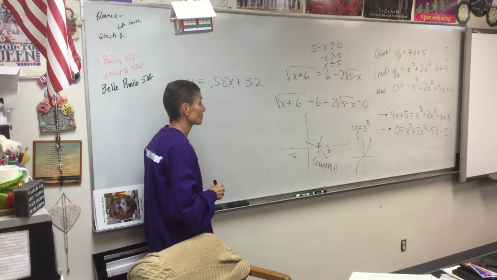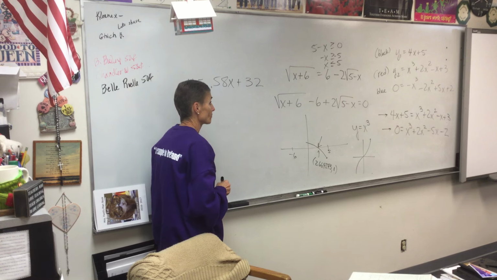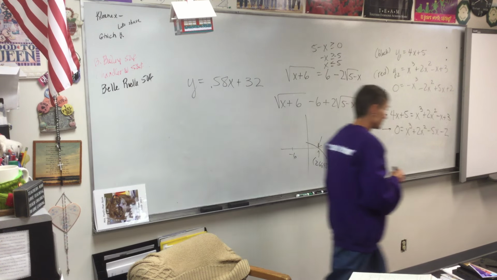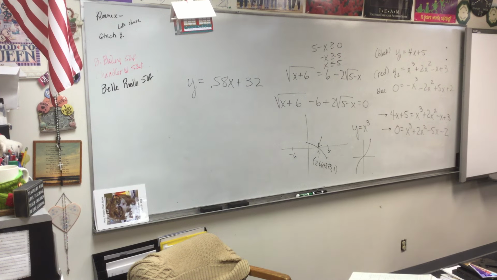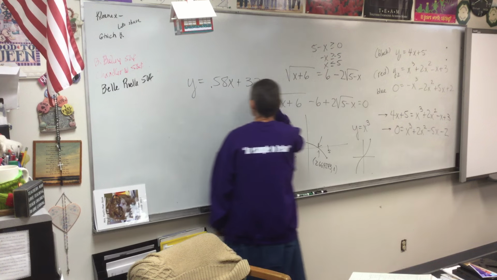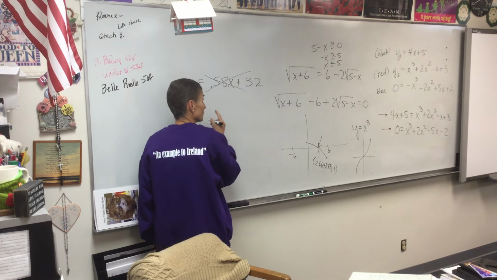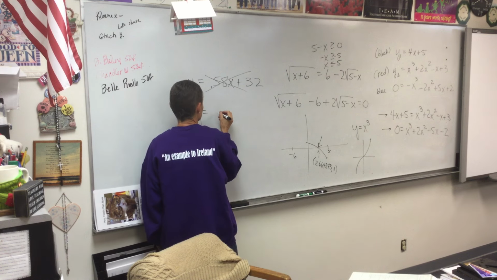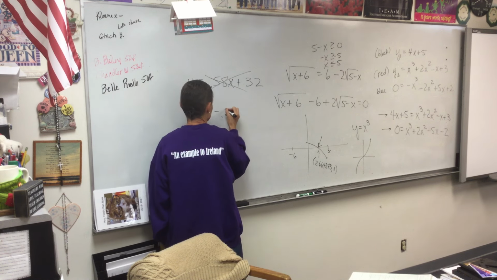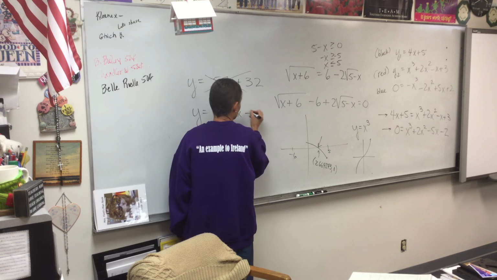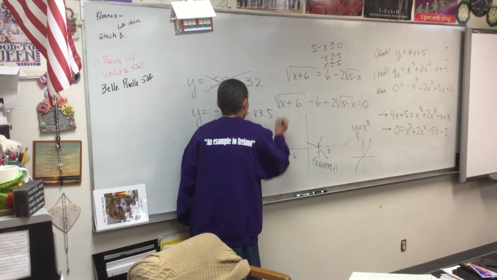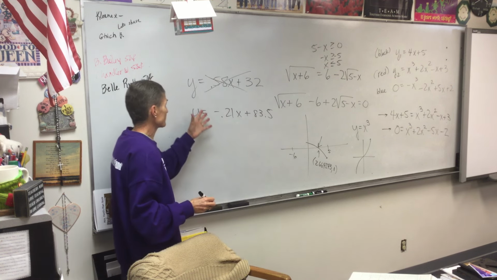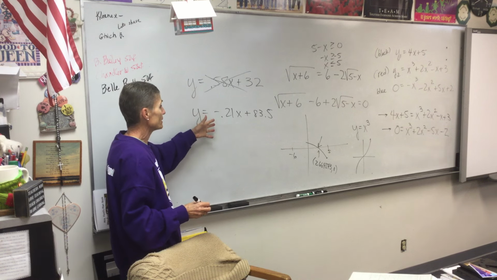For the men's, I got y equals negative 0.211x. Am I supposed to be using men's on this? Yes. Okay, so what is the right equation? You're saying Max, this isn't right? Oh no, that one's the one that I got, for the women. Okay, what'd you get for the men? For the men, I got y equals negative 0.211x plus 83.5. Okay. All right, so either one, I don't know which one I'm supposed to be talking about, but either one,